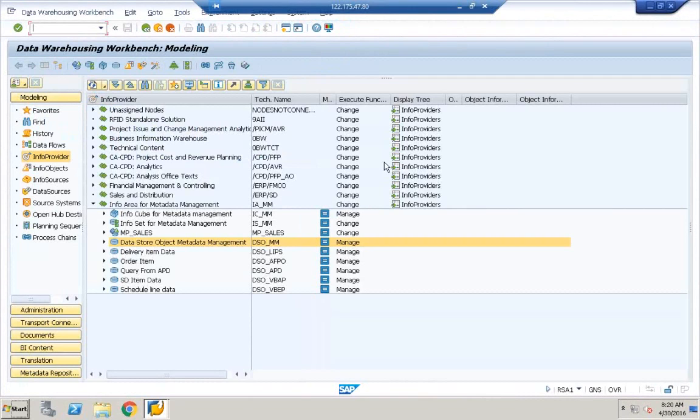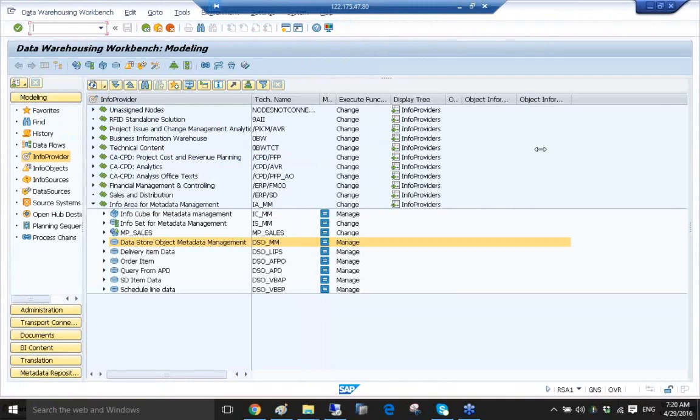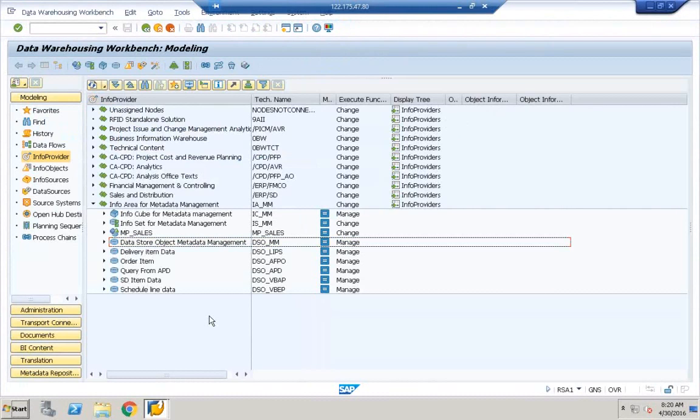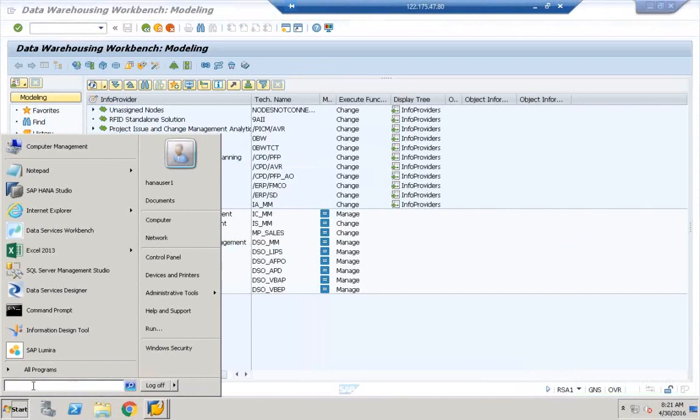So inside the ECC system, we have a T code called RSA1. RSA1 stands for Reporting System Administration, which is also the data warehousing workbench for modeling. Now you see,